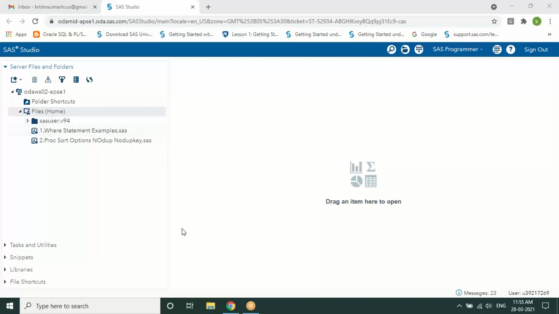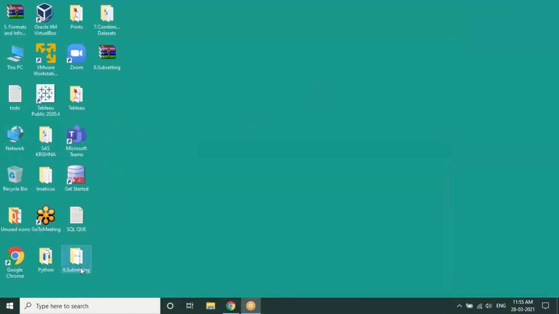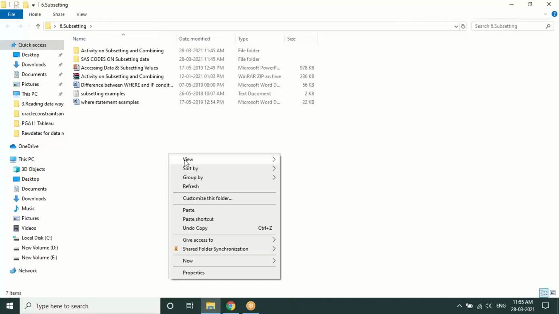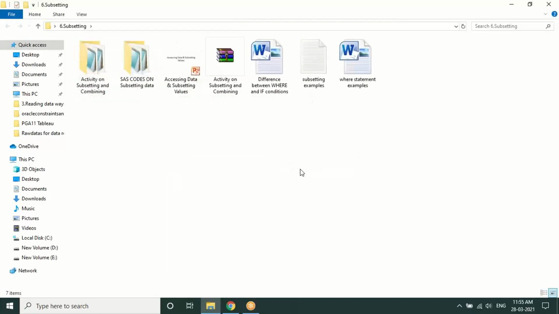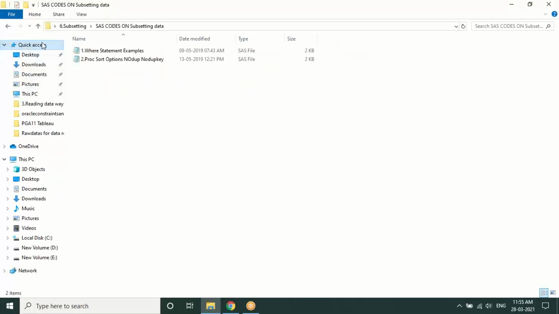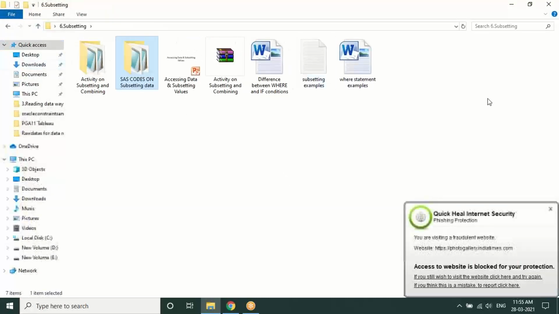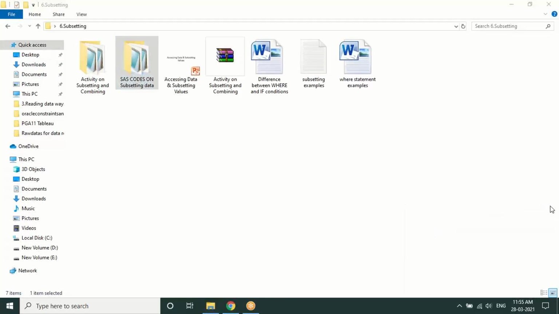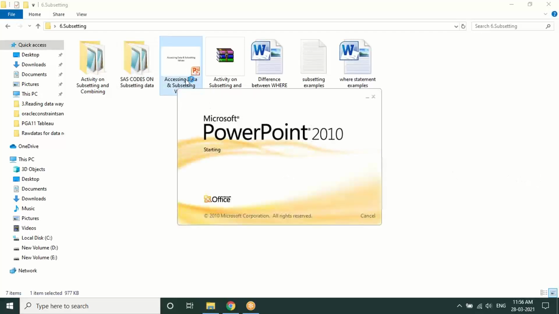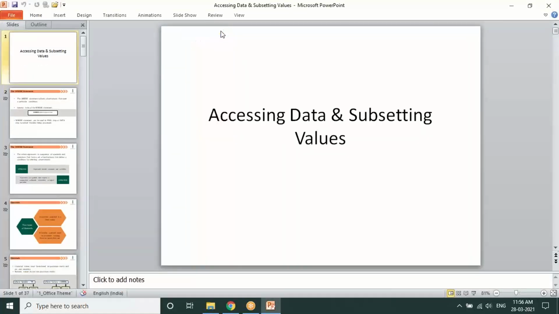As you can see, in the mail which I've shared with you, there is something called subsetting the data. You have a presentation, examples of the statements and everything, the SAS codes, activity. If you can directly open the SAS codes, we'll work on it directly because it's very simple. You already know subsetting the data. Subsetting is nothing but, whatever values you have in your data set, at the time of fetching the record we apply some kind of filtration and give the values out of it.